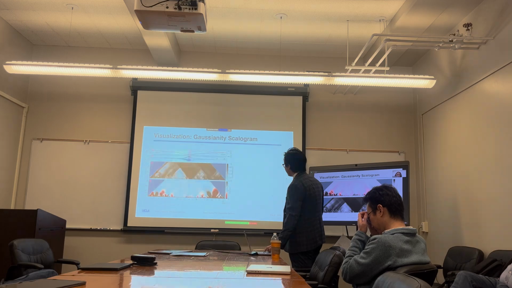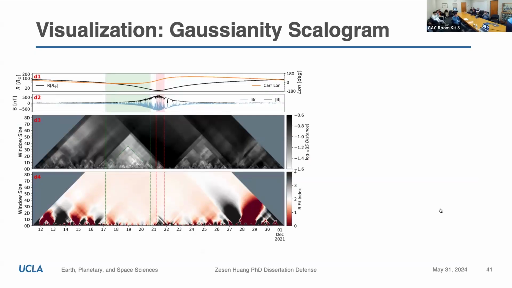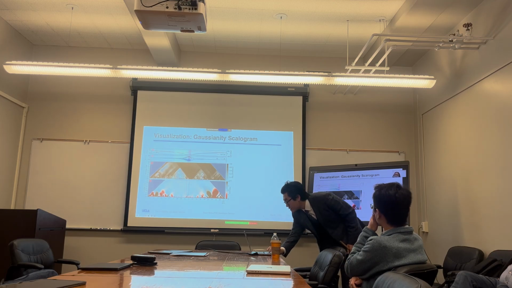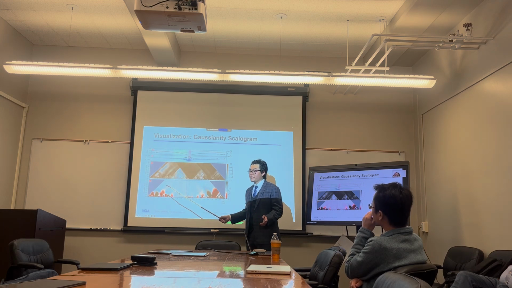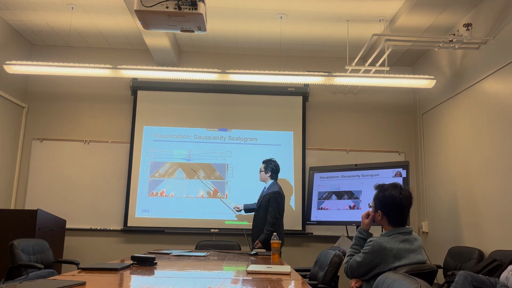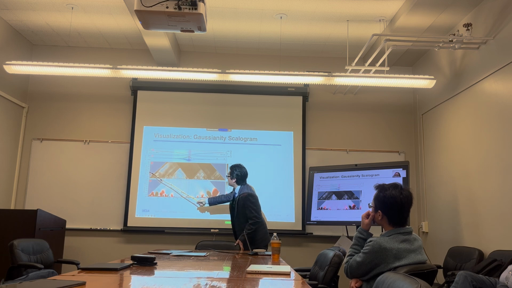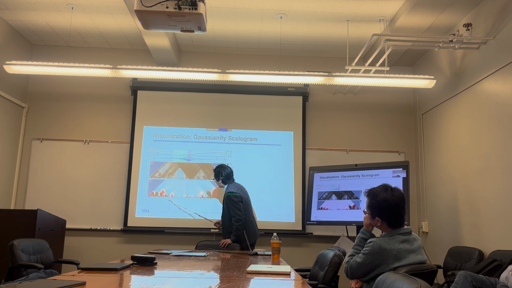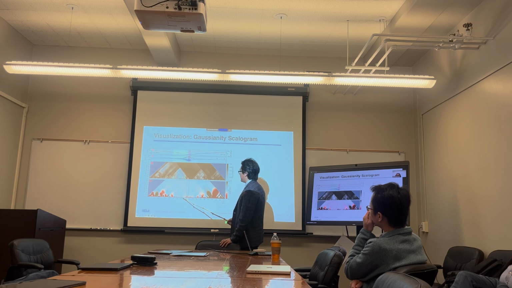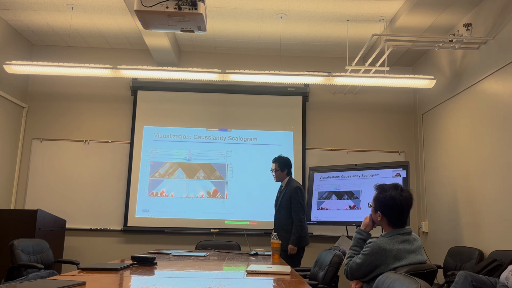So maybe we can do this. We can find the local minimum of the Gaussian energy, the most Gaussian place at the different scales and locations, which means that location is very Gaussian. And it covers the time range from November the 17th to November the 20th, which actually coincides with the coronal hole